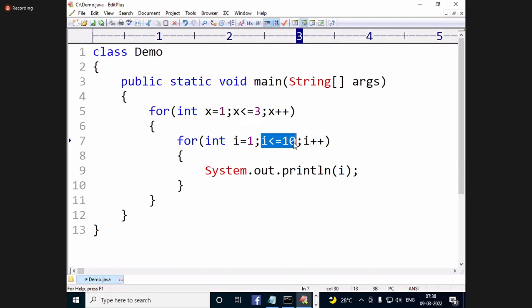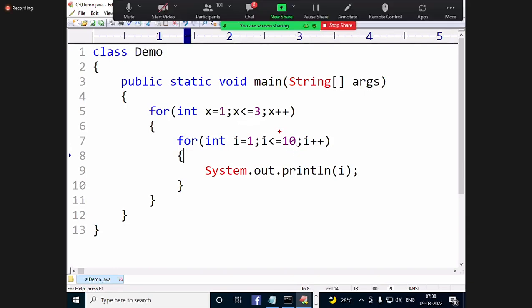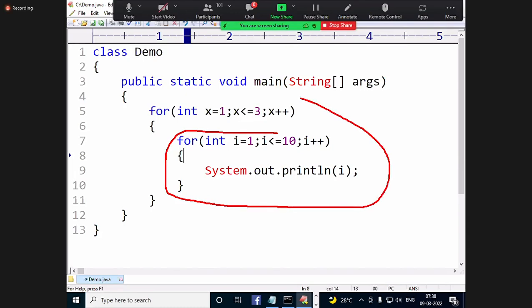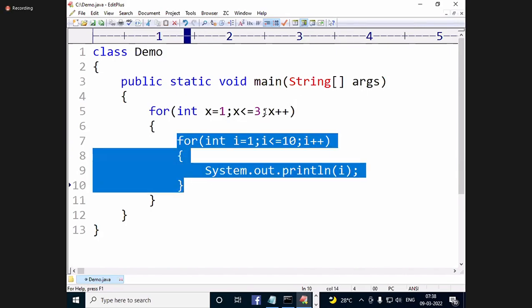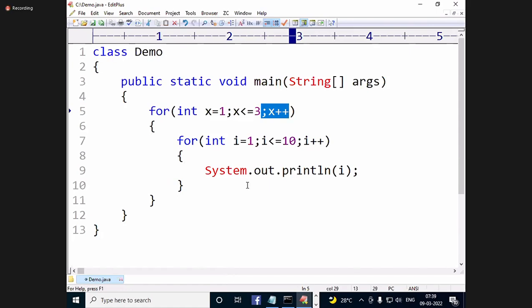If it is false, it comes out of the for loop. After this, x plus plus. Once this for loop is terminated, it comes here. Now it is printing 1 to 10, 3 times.